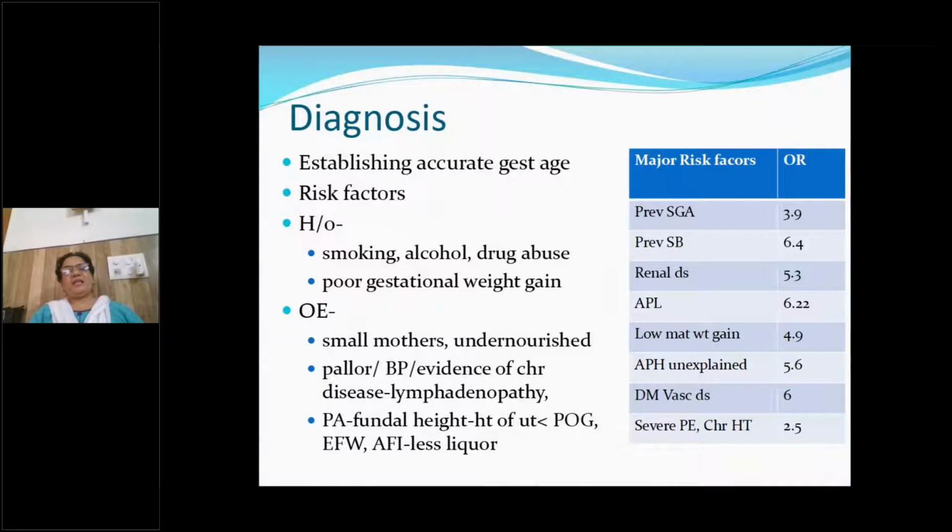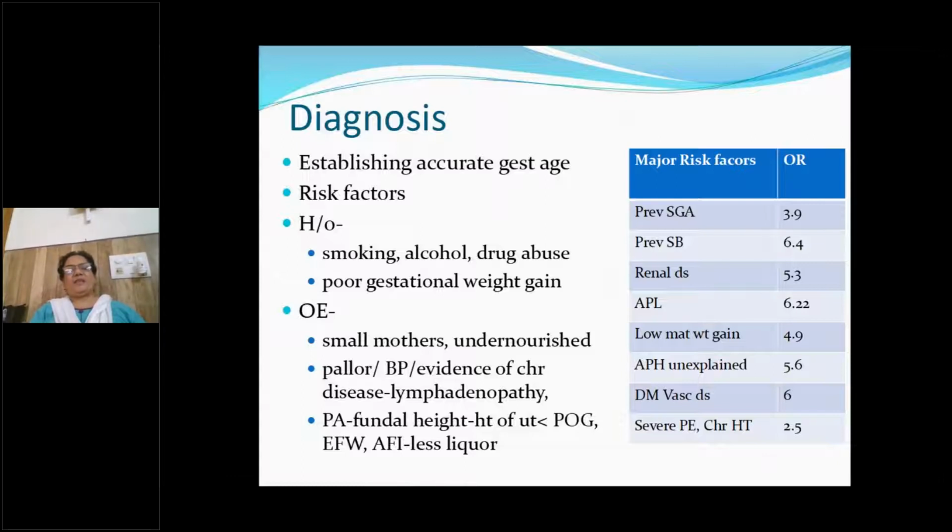Accurate assessment of gestational age can be done either by the patient's history, with reliable dates, regular menstrual cycles, and the patient knowing the date correctly. Or a better way is by an ultrasound done in the first trimester, which has an accuracy of around plus or minus 3 days. If she doesn't have a dating scan in the first trimester, then we use the second trimester, where the error goes as high as around 10 days. And in the third trimester, it can be as high as 2 weeks.